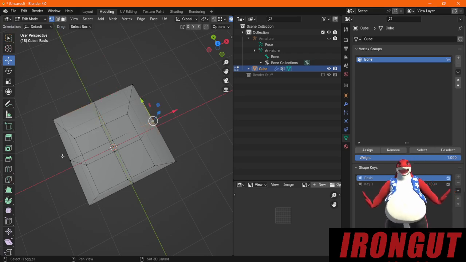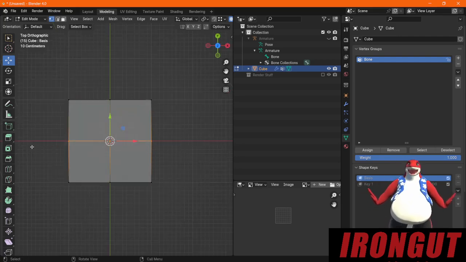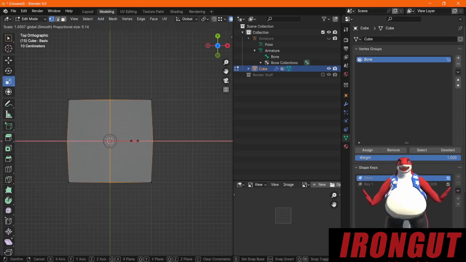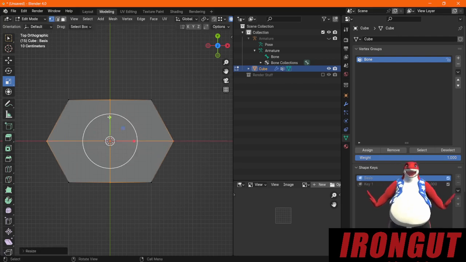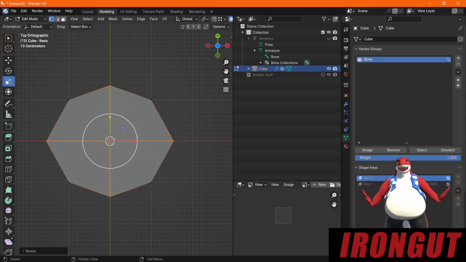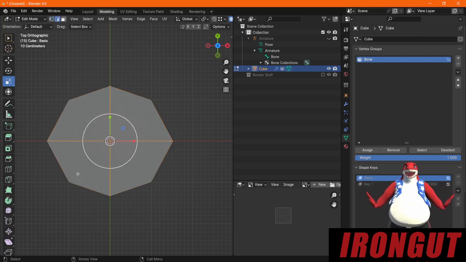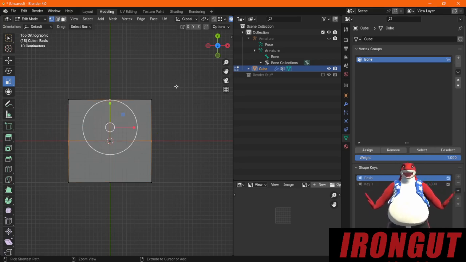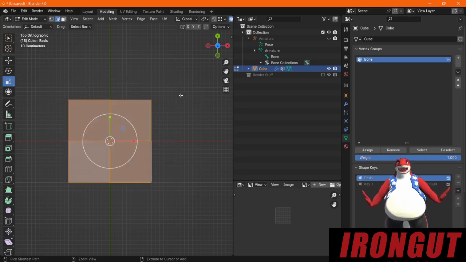So I could just select, let's go back to the top view. I can select those four middle ones, and I can go like this to scale it out, and this to scale it out, and we're starting to make a puck shape. And of course this isn't very smooth, but luckily, we can make it smoother